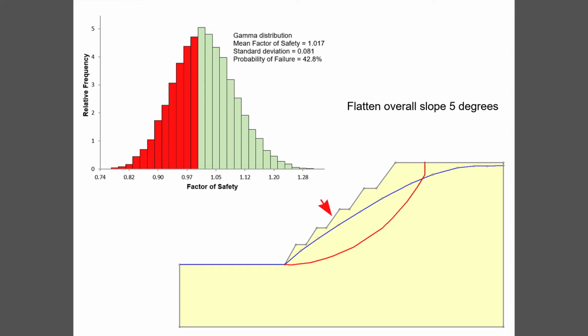And you might be surprised at that, but what it has done is it's reduced the weight of the rock mass sitting on the failure surface, and therefore the shear strength decreases, but the pore pressure remains high, and the slope fails. Again, an unacceptable solution, but there are situations where flattening the slope can be very effective.